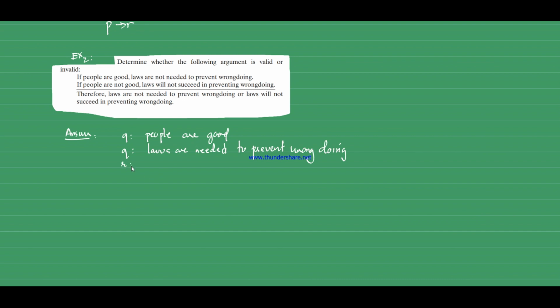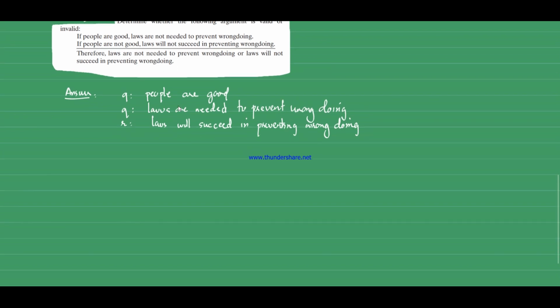So we have R: laws will succeed in preventing wrongdoing. Okay, so we have 3 of them. Okay, now we're going to go ahead and create the